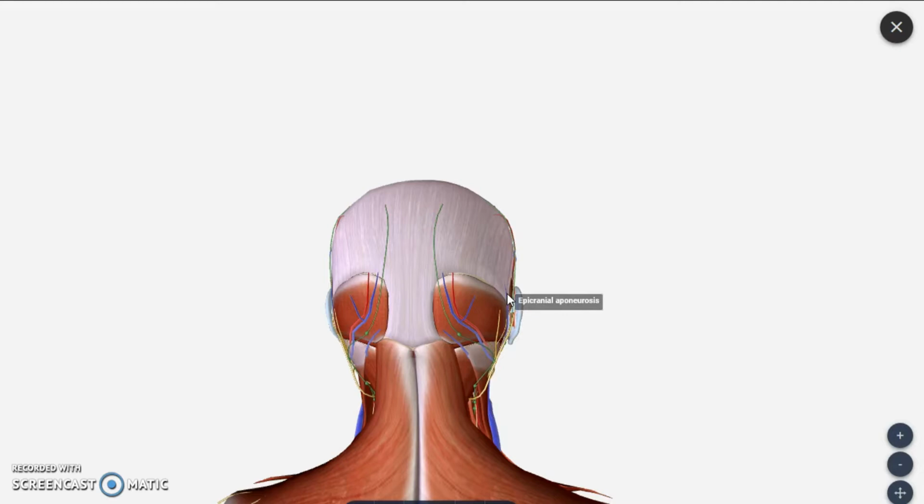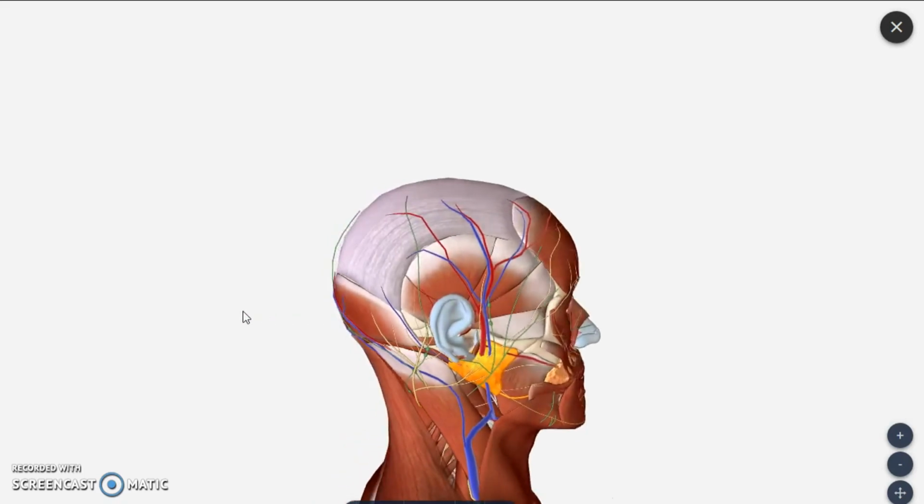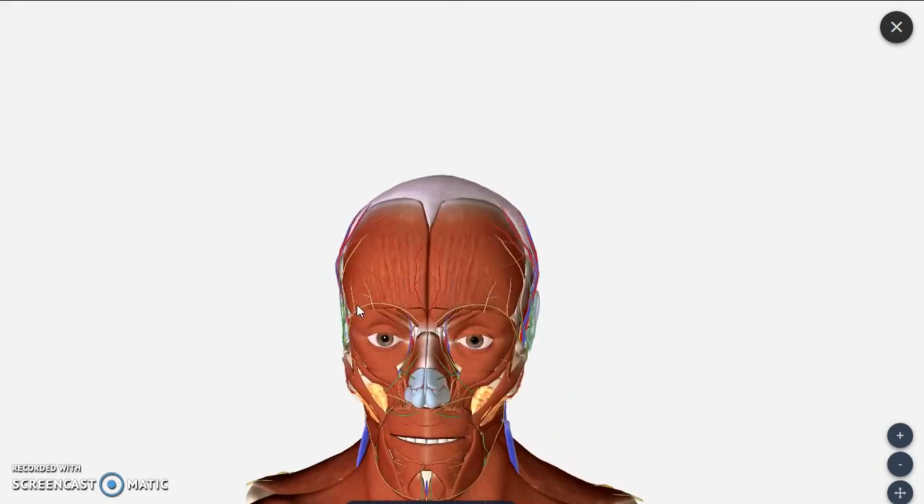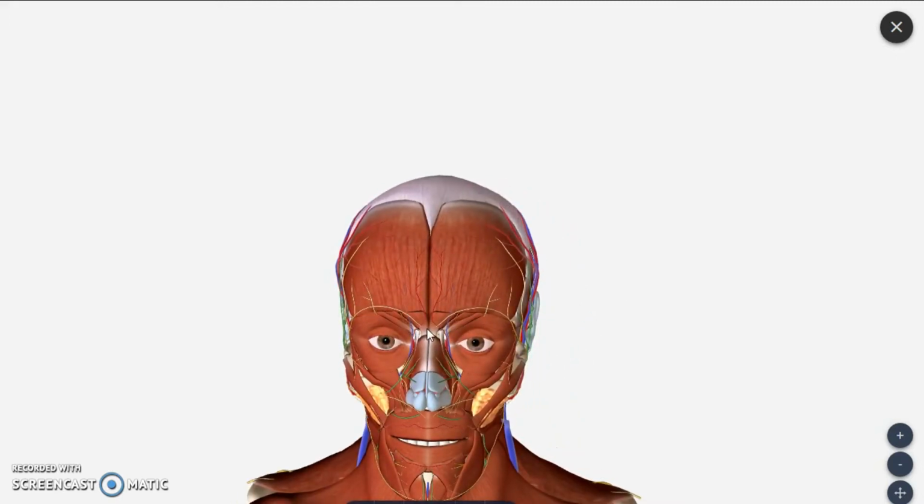extent of the scalp region. So the scalp region is the soft tissue which covers the whole of the calvaria of the skull, and anteriorly it extends from the supraorbital margin, posteriorly it extends till the external occipital protuberance, laterally in the posterior aspect it extends till the superior nuchal line, and laterally it extends towards the upper border of the zygomatic arch. Then anteriorly, that is the supraorbital margin. So these are the extents of the scalp region, and this scalp region we again divide into 5 layers such